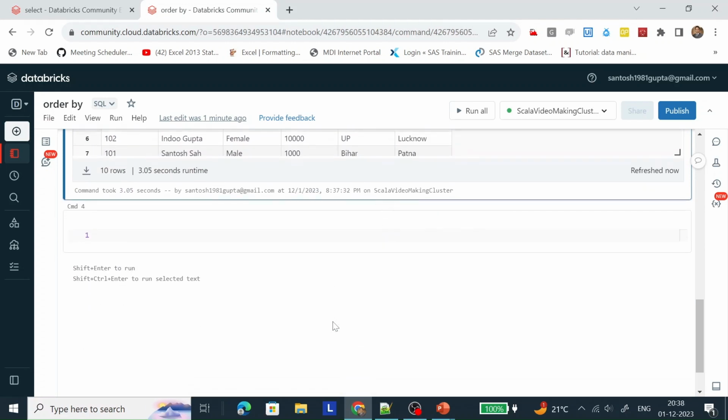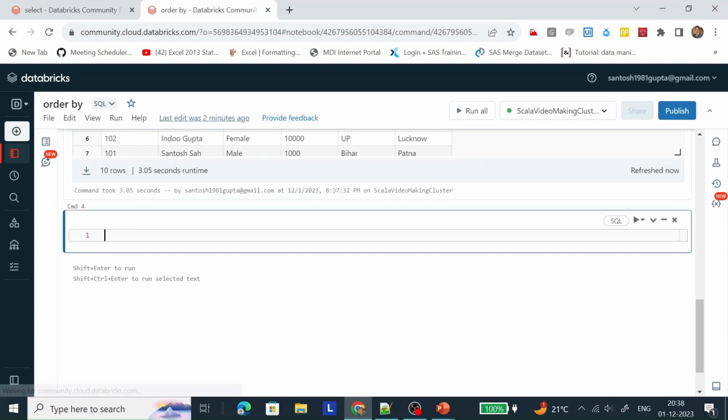Now let me sort it with the help of an order by clause. Let me sort first the column which is of an integer type. How will the column sort? In ascending order it sorts from lowest to highest, and in descending order it sorts from highest to lowest.